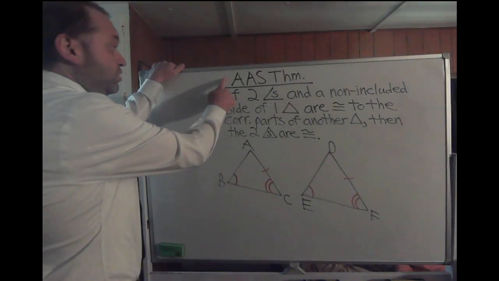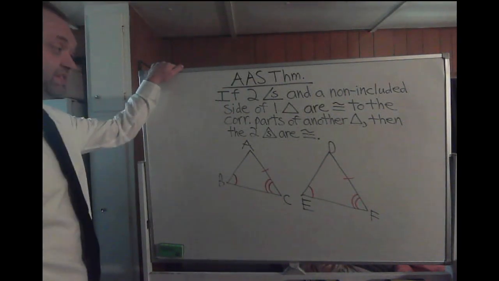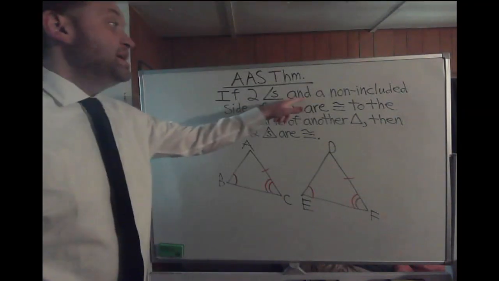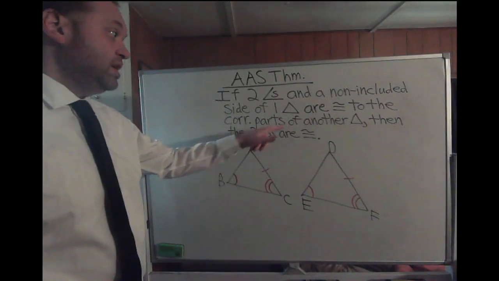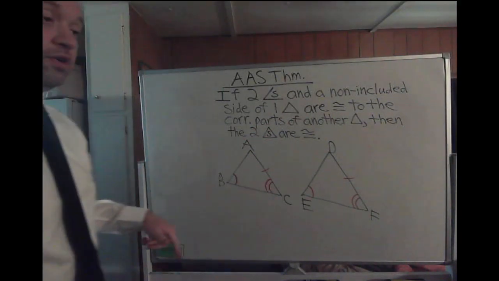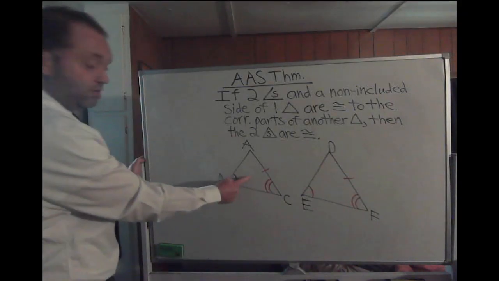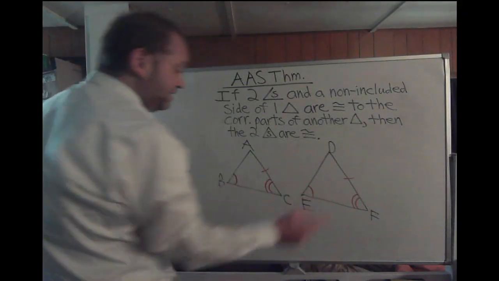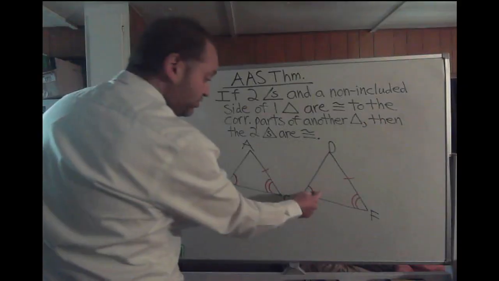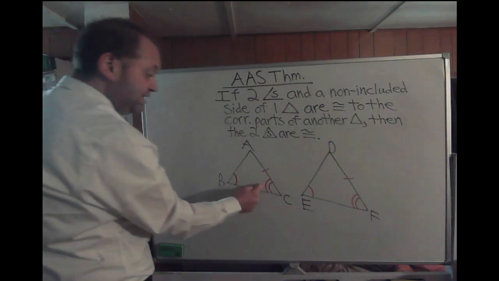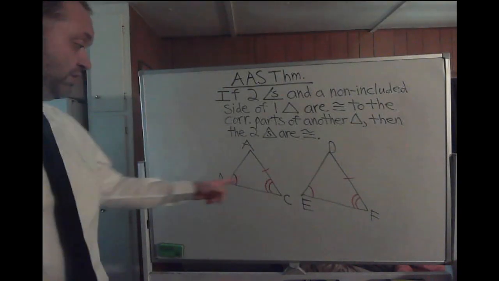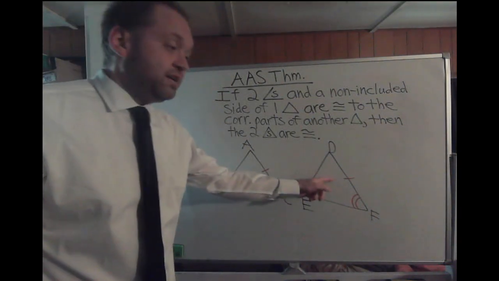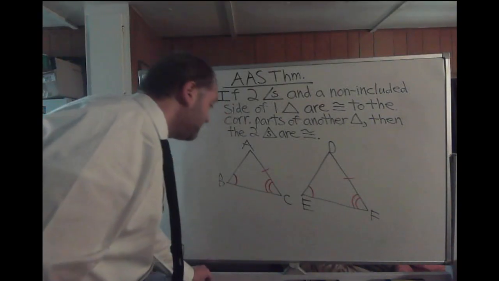Here we have the angle-angle-side theorem. This theorem states that if two angles and a non-included side of one triangle are congruent to the same parts of another triangle, then the two triangles are congruent. So here you have triangles ABC and DEF. We see that angle B is congruent to angle E, angle C is congruent to angle F, and side AC is congruent to side DF. So you have two angles and the non-included side on each triangle. By that theorem, we can say that triangle